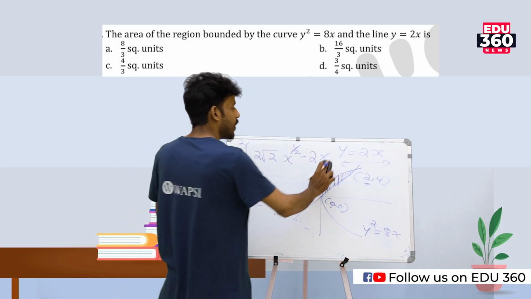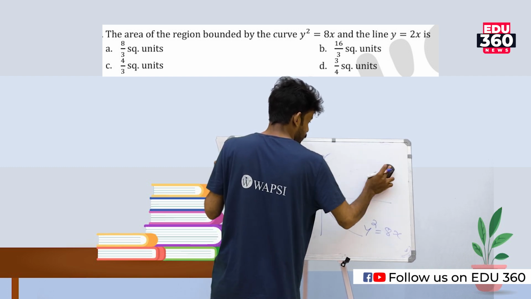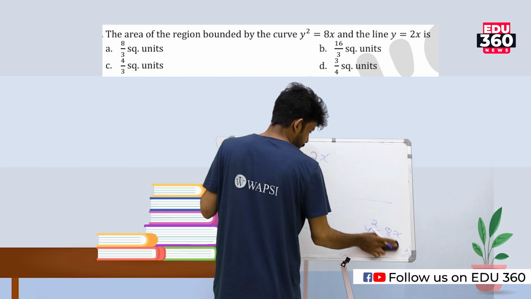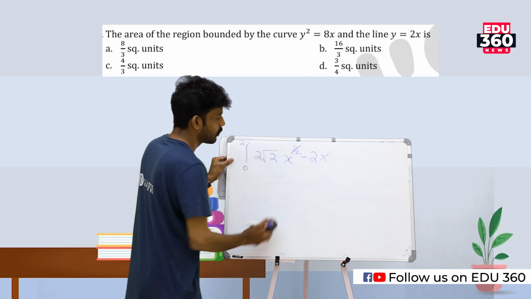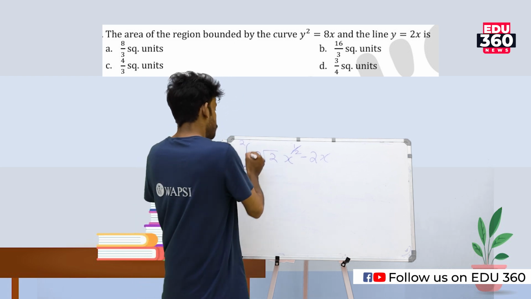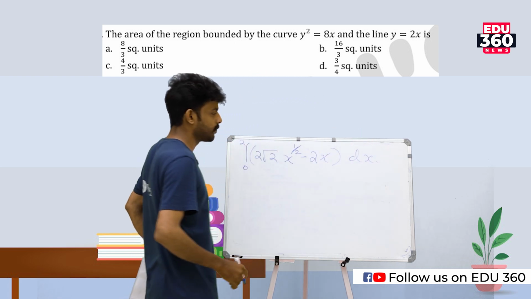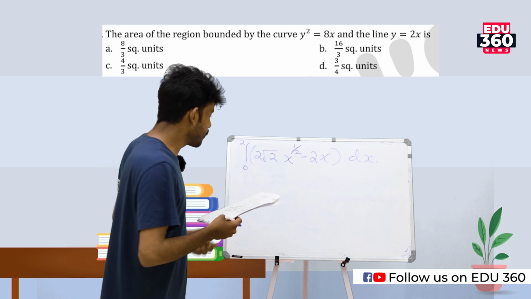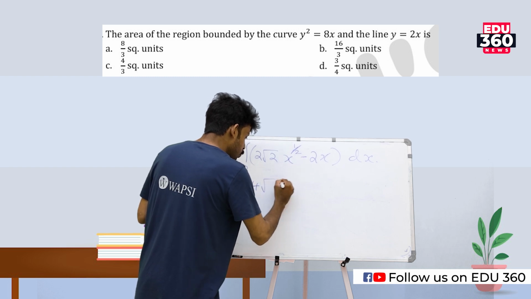So the next is 2x dx. Okay, so on integrating this, we will get 4 root 2